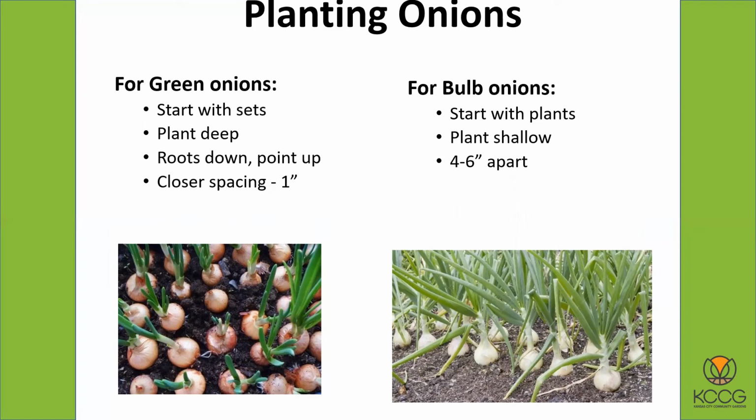And when I say shallow, I usually tell people to plant them just deep enough so the plant doesn't fall over when you water it. If it falls over, just mound a little dirt around it. In fact, sometimes I'll do that anyhow. Mound a little bit of dirt around it, knowing that as the plant grows, that soil will get washed away